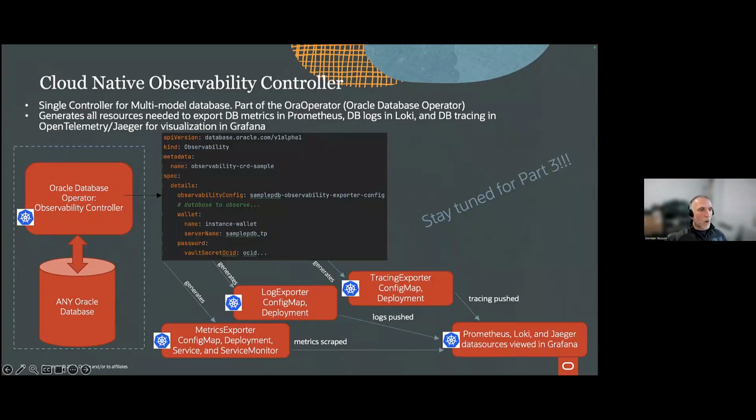I want to go through observability, showing how it works within the OraOperator, in part 3. Obviously, I need it to be available within the operator, but I will go through it in part 3. This is a little bit of the details of how the exporters work. I don't think this is important right now, but basically